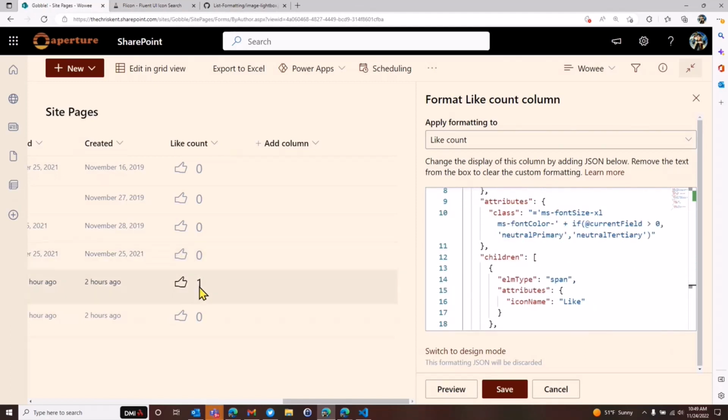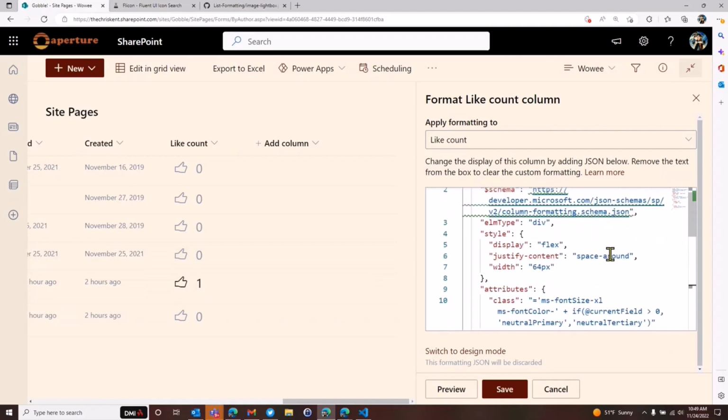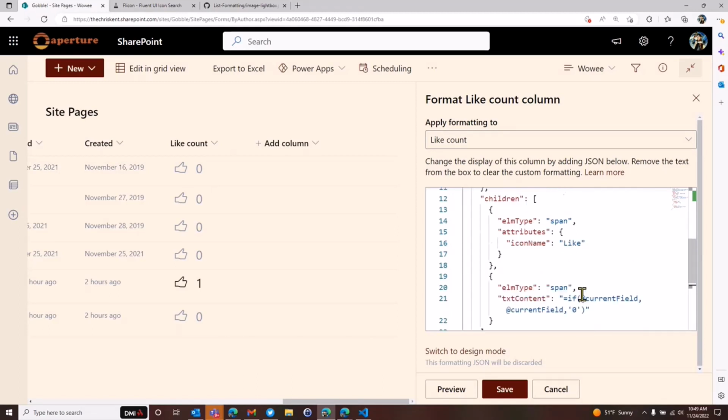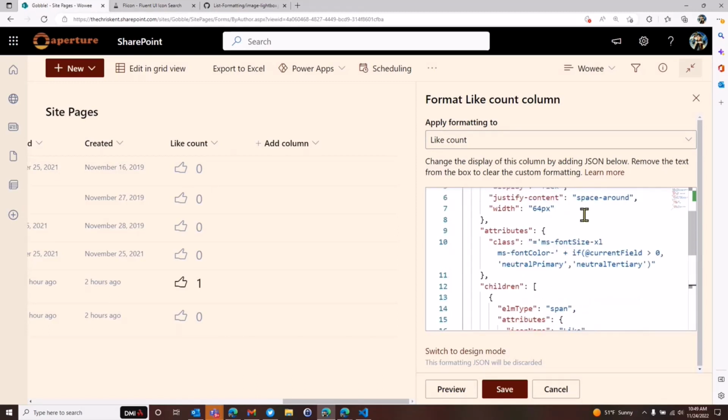There's an icon and then the actual count of likes. One thing to note is that until someone has liked it, it is a blank value, right, like we saw. So what you want to do is check if it's a blank value and then show 0 in that case. And then if you're not going to show it, or you're going to show a different color like I've done,